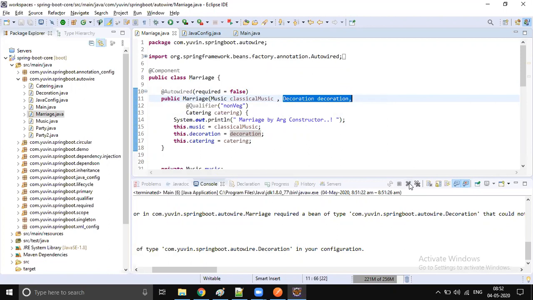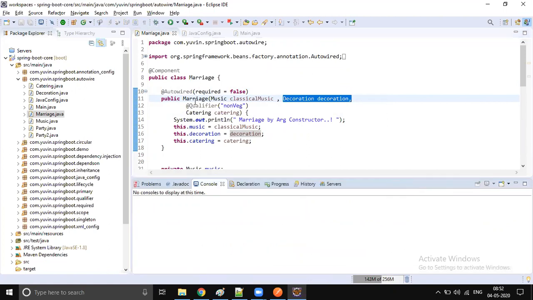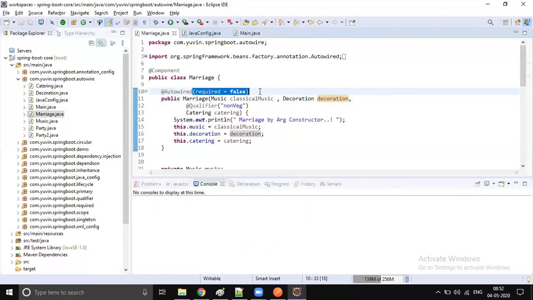Yeah, so this is all about Autowired. We learned so many things with respect to Autowired. We put it on top of the setter method, we put it on top of the constructor, we added primary, and we did qualifier.